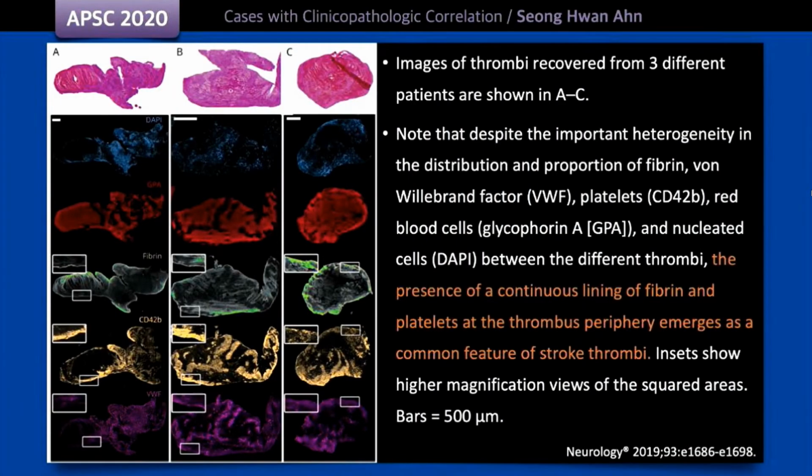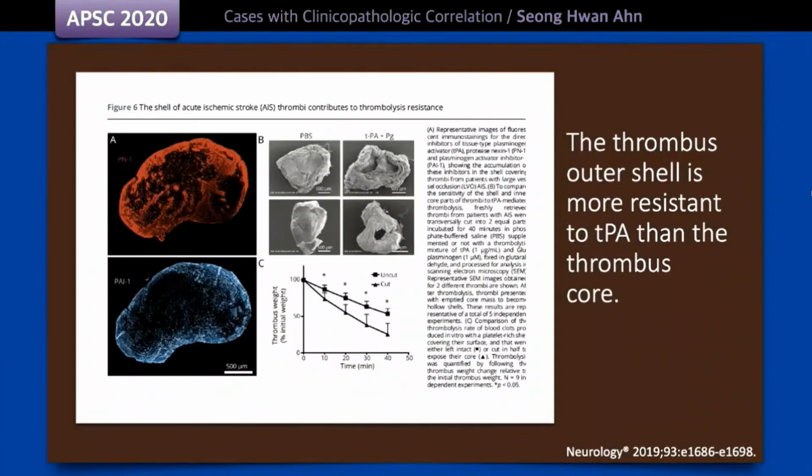They also confirmed our results with a modern technique. The presence of a continuous lining of fibrin and platelets at the thrombus periphery is a common feature of stroke thrombi. Figure A shows that there was abundant and free. The figure B shows that